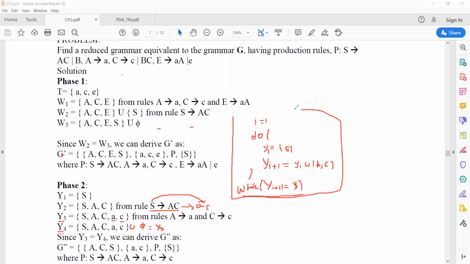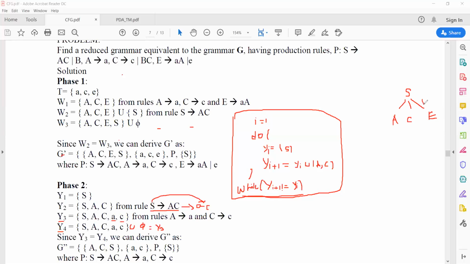The same algorithm, slightly different from the case of phase 2. In phase 2, the rest of the non-terminals are eliminated because these are not able to produce the sentential form starting from S. Because from S, if you want to get a production rule, in part 3, you can see that there is no longer any use of E. It is only A and C. So I want to say that E does not have any sentential form.